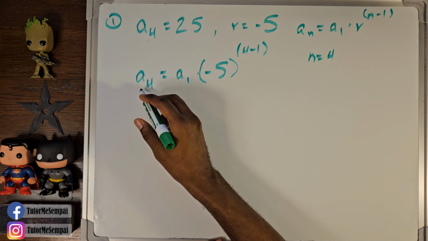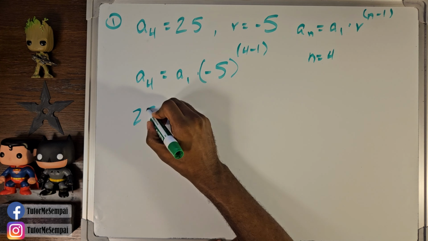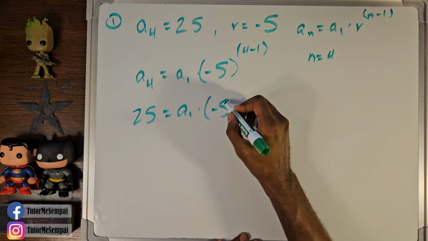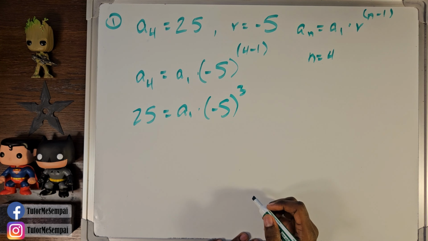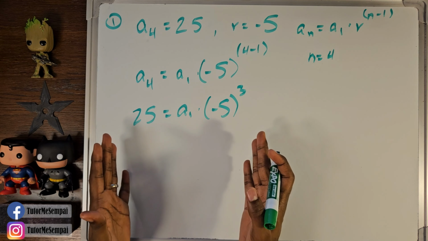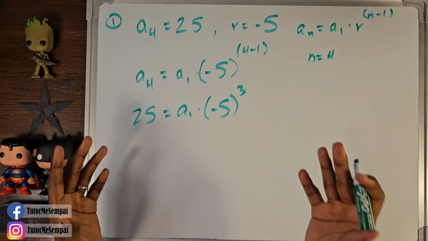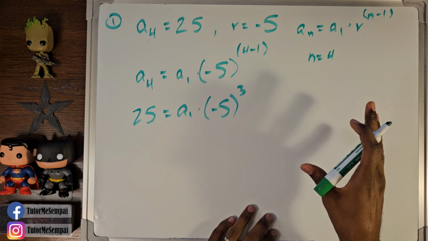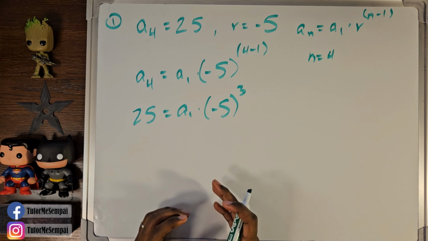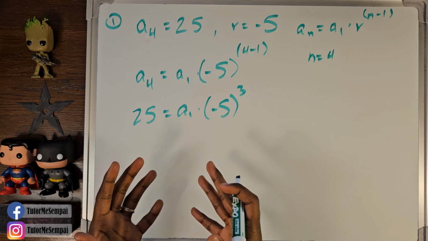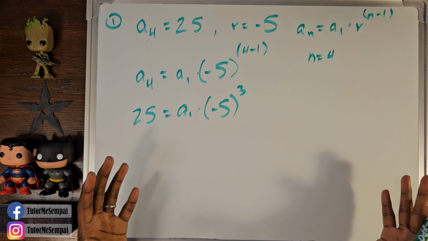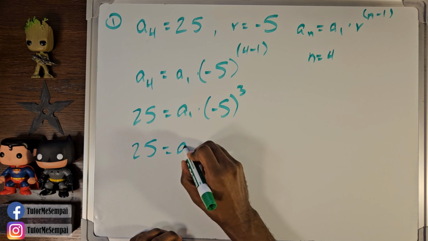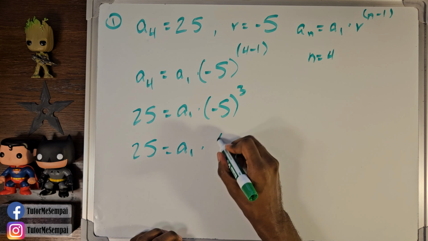So we can rewrite this because we know what a sub 4 is: 25 equals a sub 1 times our -5 to the 3rd power. Now we're doing it this way because this formula gives us our a sub 1. If we solve for a sub 1, we will find our answer and we can fill in the last missing piece. So we're pretty much using your explicit formula to solve for your explicit formula, just like we did for our arithmetic sequence. Now if you were to expand that out, that'll be 25 equals a sub 1 times